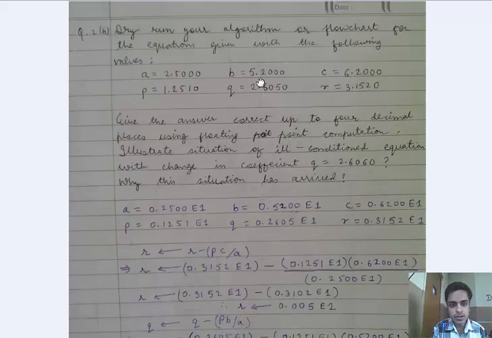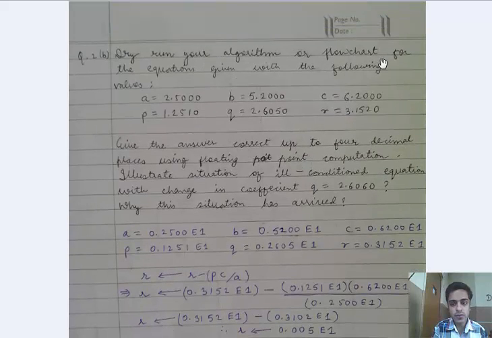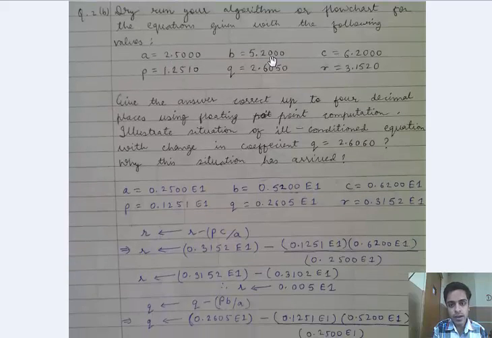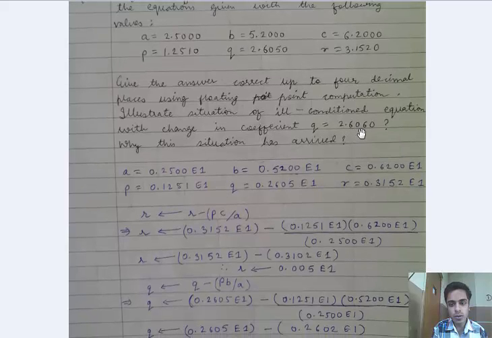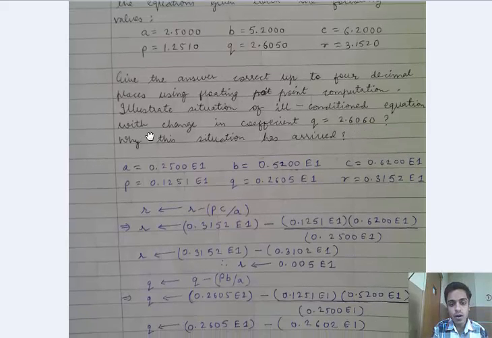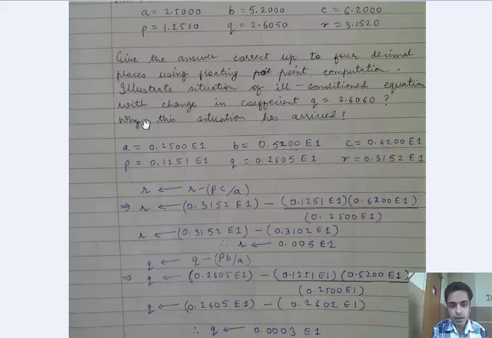Now, part B of this question: dry run your algorithm or flowchart for the equations given with the following values. The values of a, b, c, p, q, r are given, as you can see. Give the answer correct up to 4 decimal places using floating point computation. Illustrate the situation of an ill-conditioned equation with a change in coefficient q equal to 2.6060, and also explain why